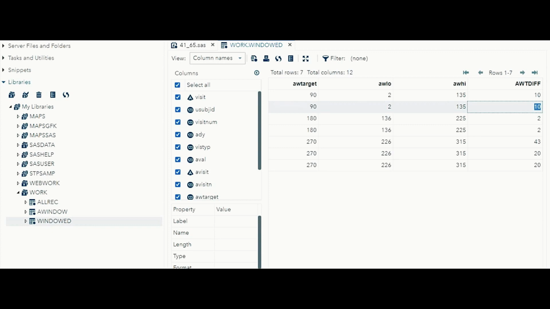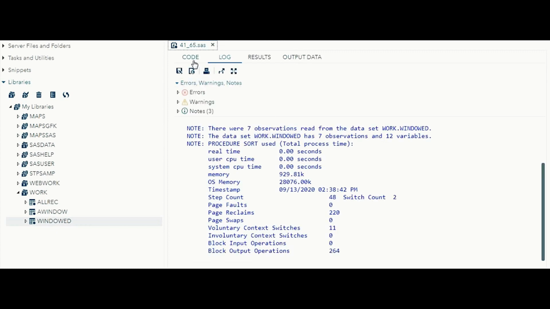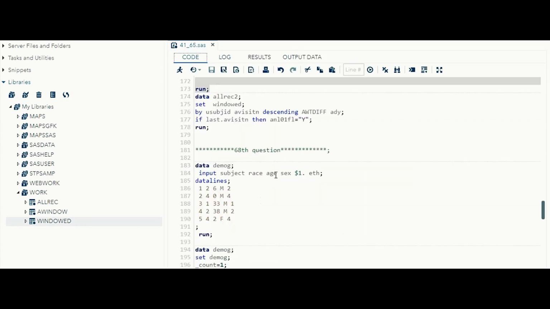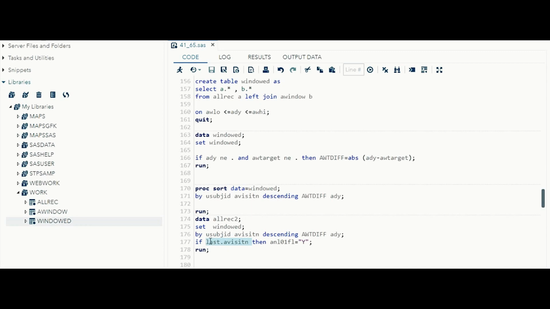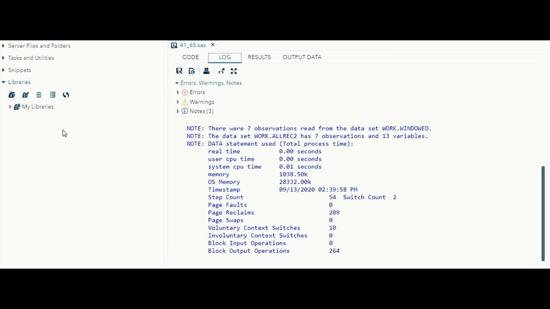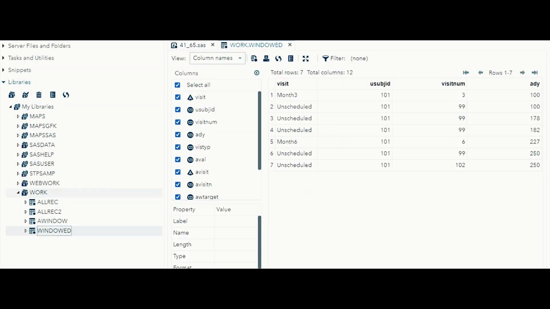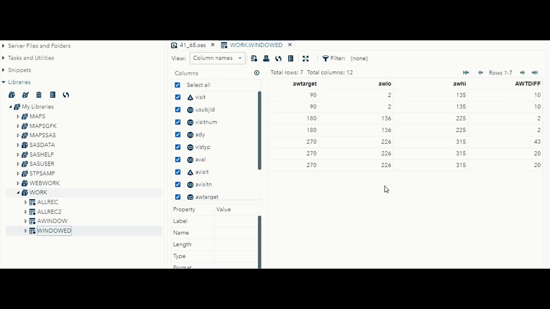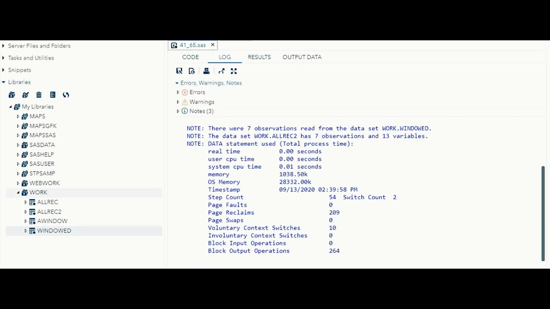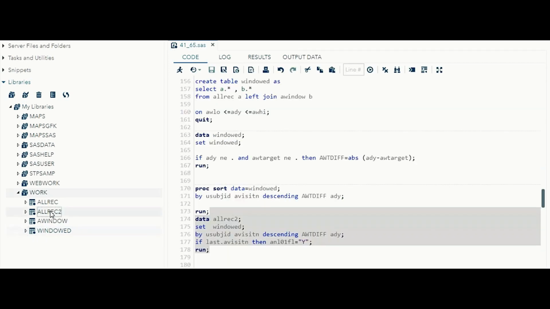Whichever has the last sequence, that value we have to pick. Simply you can write last dot AVISITN, so that the analysis flag applies only to this record. Whenever you are going to do the analysis for this table, simply keep the analysis flag equal to Y.